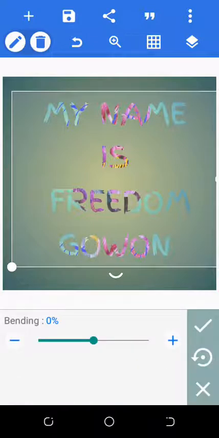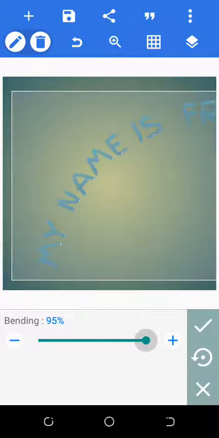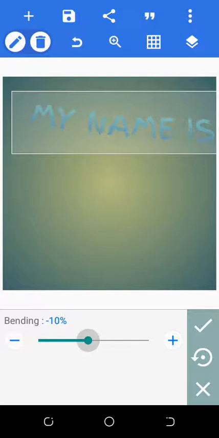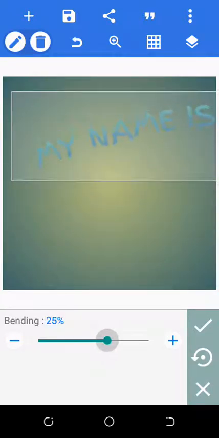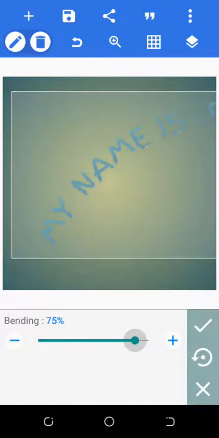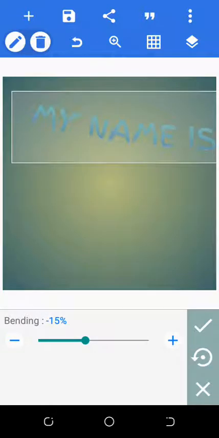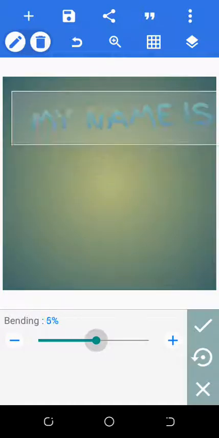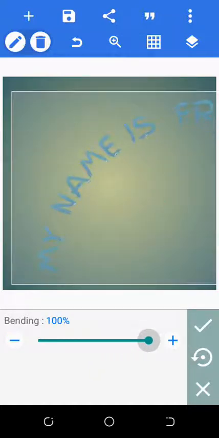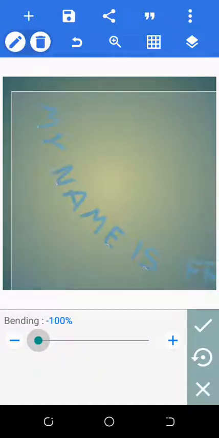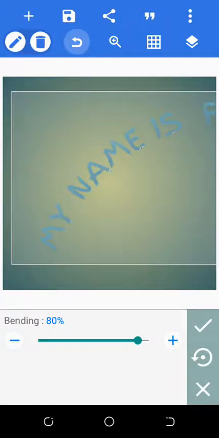Now we have the curves. The curves, like the name sounds, help you to curve a particular image. Let's assume you're working on a logo that has to go around a box. This is very important. All right, so you just do what you have to do, and you see it work. You take it to the top, you are curving it. You bring it down, you're curving it this other way. So I'll undo,